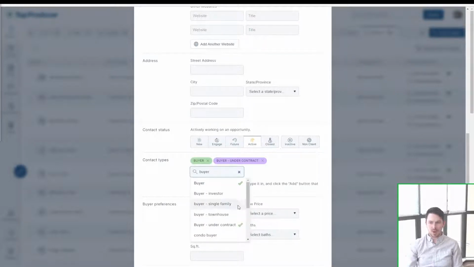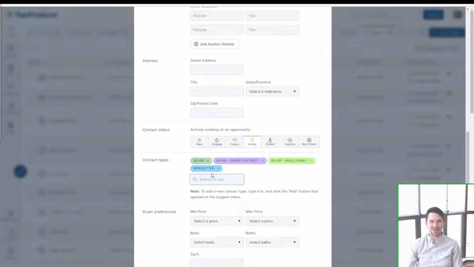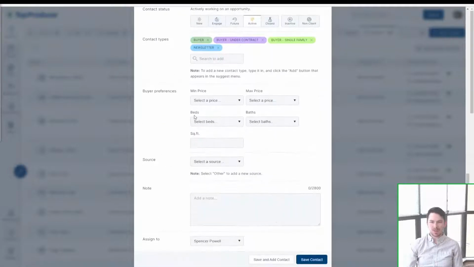Maybe another one I've created, buyer, single family. These are all examples of custom contact types, except for the buyer one, that's the default one. And so I can add to this as many times as I want. Maybe I want them to be part of my newsletter list that I plan to create later. I can do that. So then after that, you can also set buyer preferences if you want,